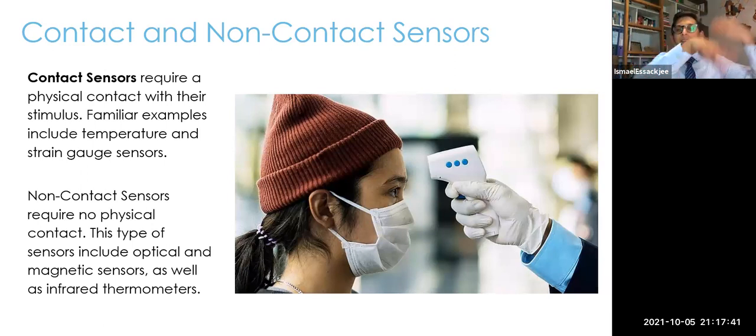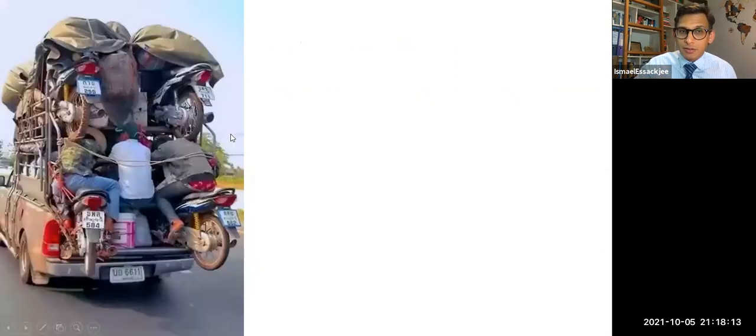But in the past, when I was younger, we used to go to the doctor. They would take the mercury-in-bulb thermometer, put it under your armpit, wait a few minutes, and then read the temperature. This one was a contact sensor. They had to touch you to take the measurement. The non-contact one uses another technology, maybe magnetic sensors, optical sensors, whatever. So when you're choosing sensors, you will need to be aware of all these differences that we have.